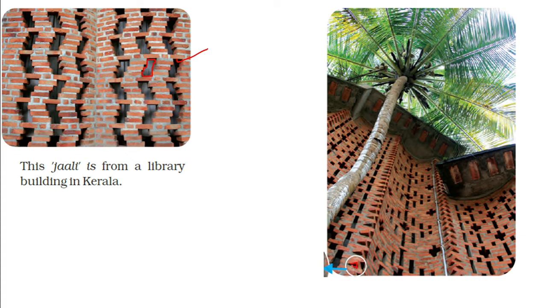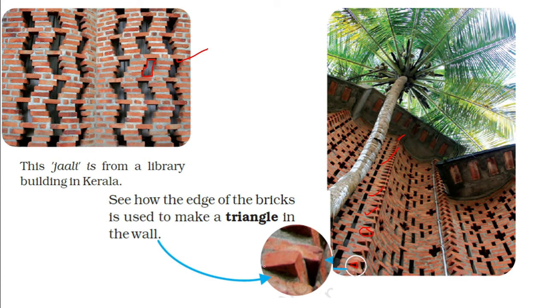Now look at this. This is a triangle kind of thing. One brick is taken out of the wall and that is made with the triangles. Here it is a triangle. So this can be a pattern, and there can be a way to make different jalis. You can see here this is some kind of plus. These are straight lines. These are just one brick left. So there are different types of jali you can see here, and one jali can be the triangular shape.